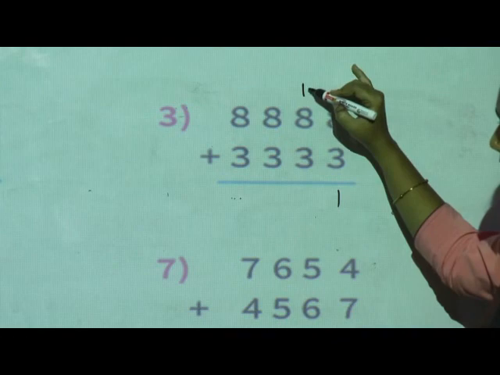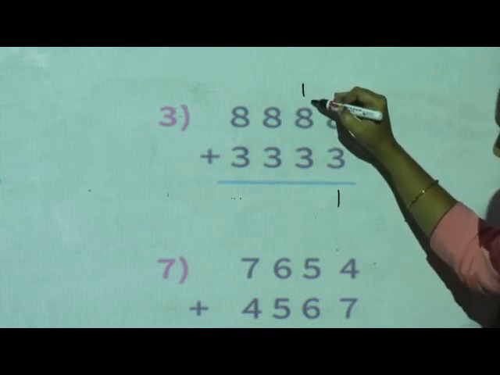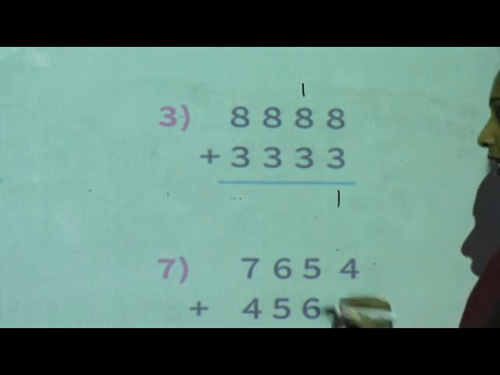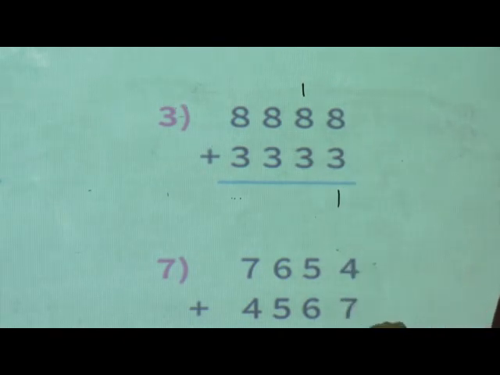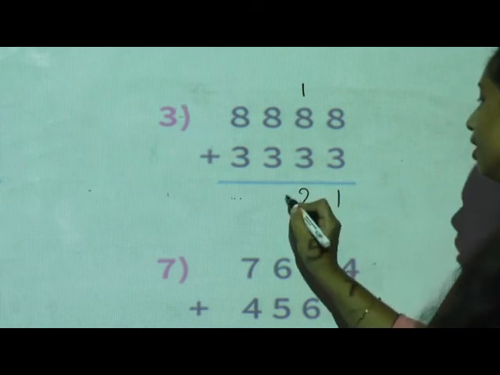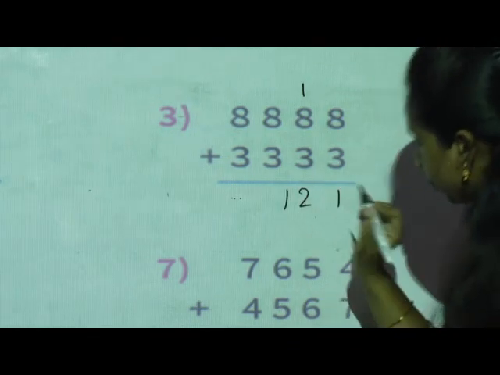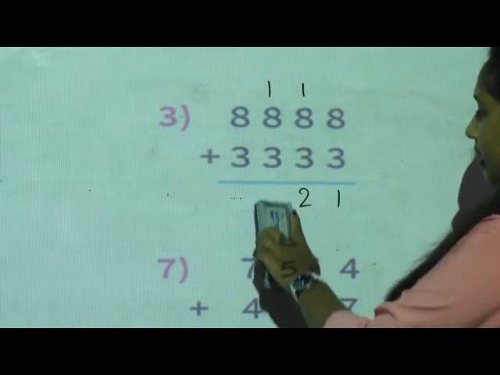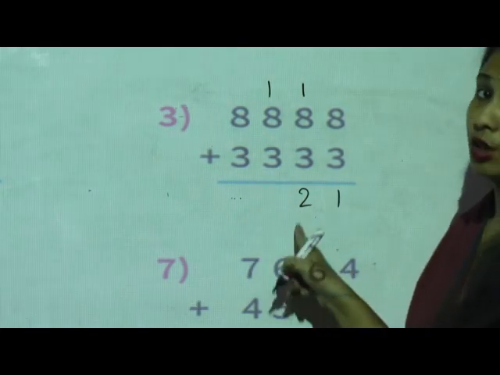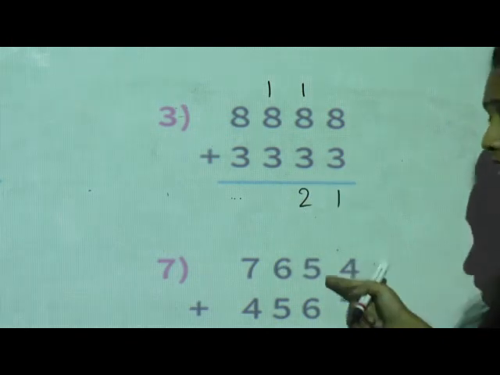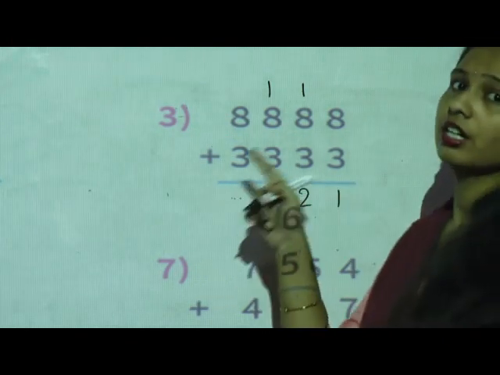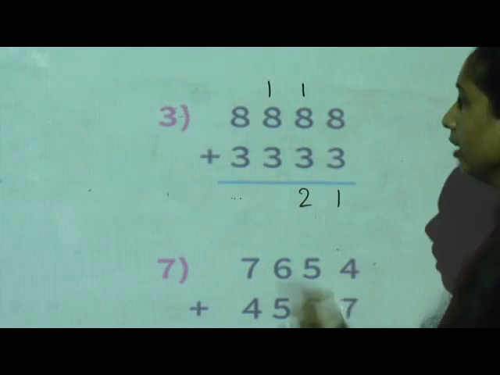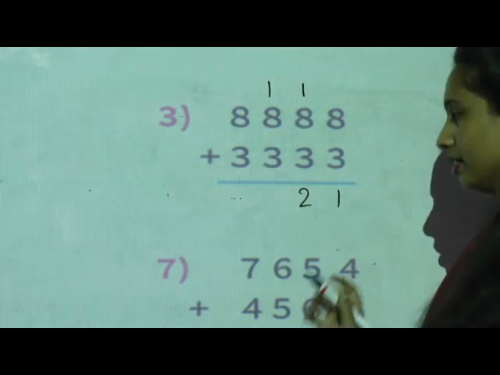Now we will regroup this. We will add this number to both the numbers. Now 1 plus 8, 9. 9 plus 3, 12. So in 12 we'll write 2 in the tens place. This one will carry to the hundreds place. Okay. Why am I writing like this? You should understand which number we should write in the tens place, which number we should carry. Okay. Now 1 plus 8, 9. 9 plus 3, same, 12.